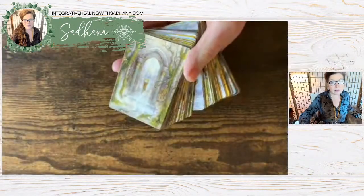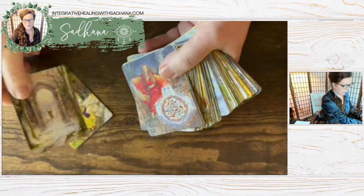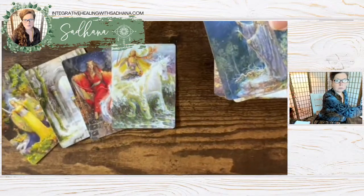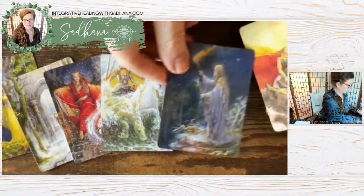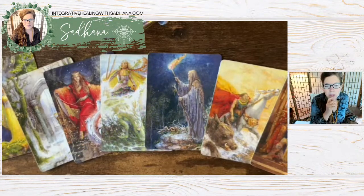Okay. So the two decks that I chose for the root chakra, one is the Llewellyn, and this is a trimmed copy of the Llewellyn. These are some of the major arcana. And this,